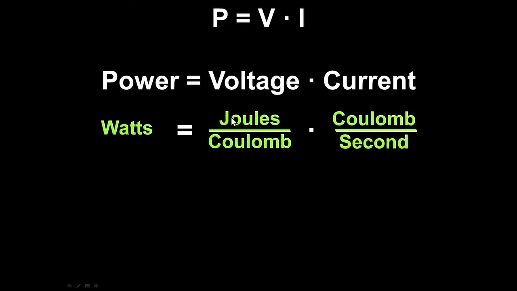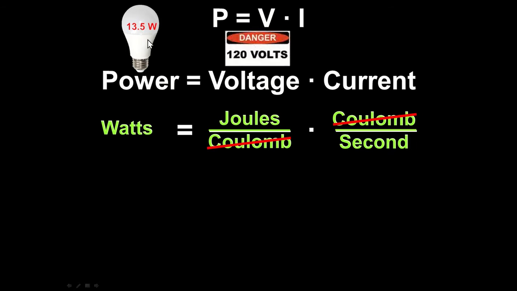So if I have a certain number of joules per coulomb, and then I figure out how many coulombs are going by every second, coulombs are going to cancel, and it's going to be how much energy is used every second, which is watts. So if I take like a 3.5 watt LED bulb, plug it into 120 volts,